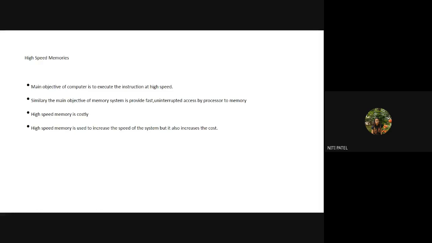So now you may know that we also call high speed memory cache memory. This is the other type of memory inside your computer system. It is not like that if you have RAM, you cannot have ROM and cache. You require RAM in the system, you require ROM in the system, and you require a high speed cache memory inside the system. So what is this high speed memory?